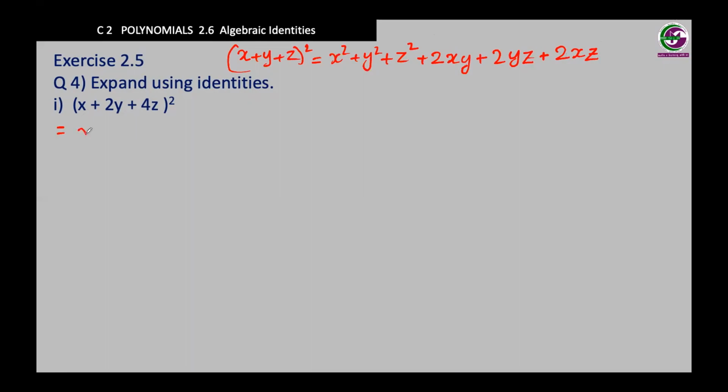Square of the first term plus square of the second term. As I'm informing you always, whenever you have a number and letter, put them in the bracket so that you are not forgetting about squaring both the terms. Plus 2 times first term multiplied by the second term plus 2 times second term multiplied by the last term plus